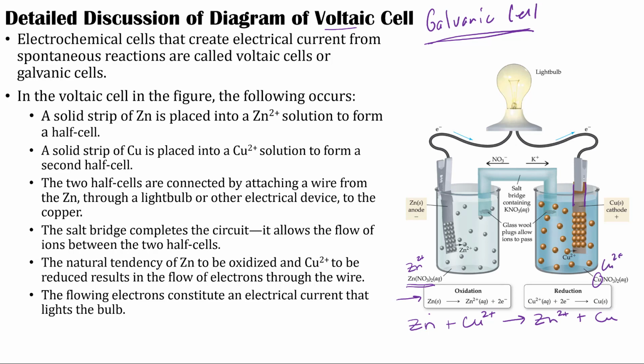We attach those two strips of metal with a wire, and we hook it up to a light bulb if we're just wanting to show that electrical current is passing through it, or you can hook it up to a voltmeter. You'll see that in the lab that you do, and you can measure the voltage that's occurring there. Now we have a salt bridge that's in the middle, and the purpose of the salt bridge is to complete